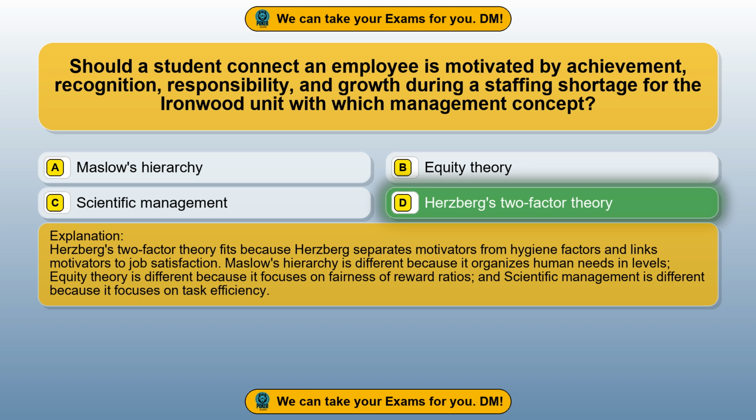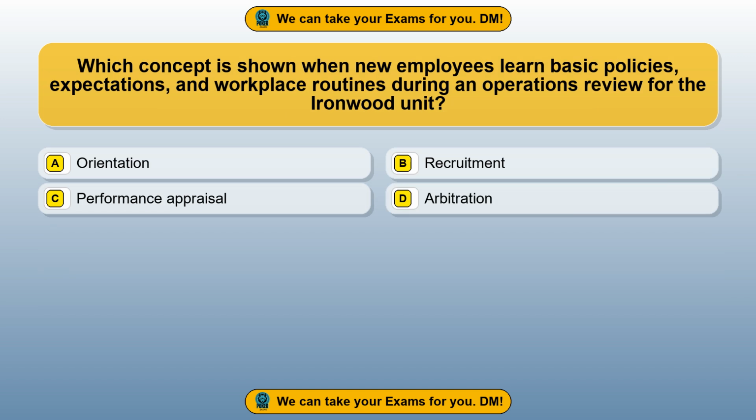Maslow's hierarchy is different because it organizes human needs in levels. Equity theory is different because it focuses on fairness of reward ratios, and scientific management is different because it focuses on task efficiency. Question 92. Which concept is shown when new employees learn basic policies, expectations, and workplace routines during an operations review for the